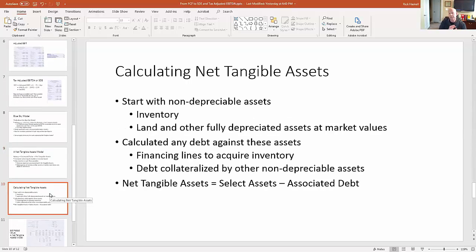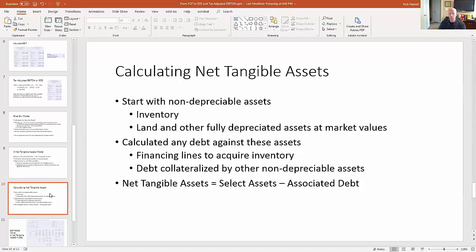When we calculate the net tangible assets, we're going to start by looking at non-depreciable assets, inventory that's high dollar value, land and other fully depreciated assets at their market values. So we're going to include land because we don't depreciate land. And we're going to include other fully depreciated assets because, again, we don't depreciate them any further. They're already fully depreciated. And so whether they are real estate oriented or not, we're going to include those in